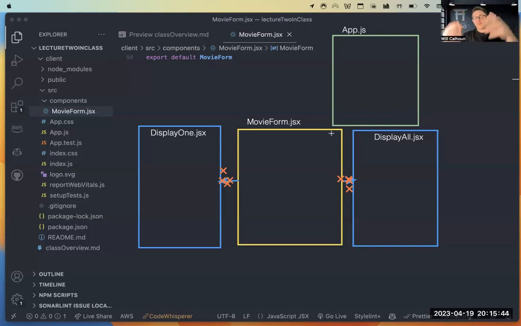All siblings sort of inherit some sort of DNA from their parents, right? So these siblings can inherit from my app.js. And so what that means is if I want all three of my components to have access to this state, instead of my state being within my movie form,